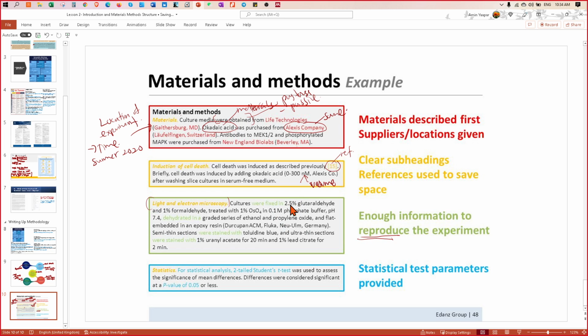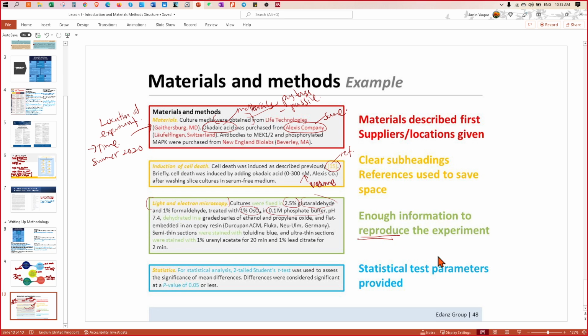This is very important. 2.5% glutaraldehyde, 1% osmium tetroxide, 0.1 molar phosphate buffer. So anybody can replicate this, and that is the whole idea. Even though this is just an example, I am a microscopist, so this is actually the real recipe. If somebody replicates using this specific recipe, they're going to get a very good result for the imaging, right?